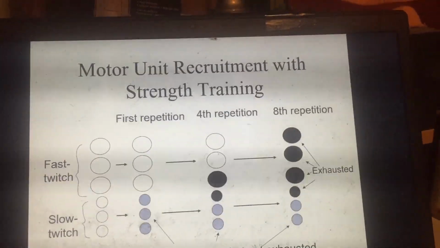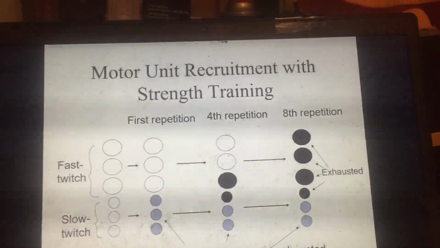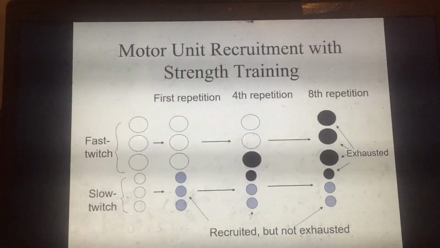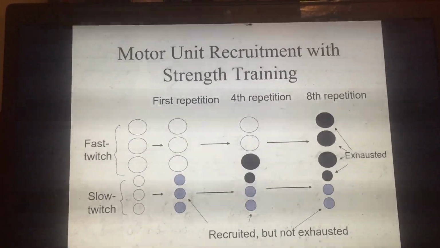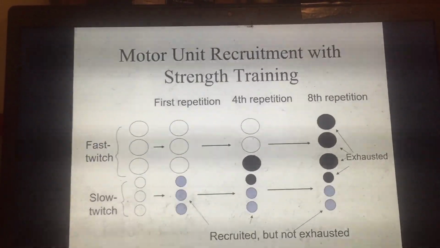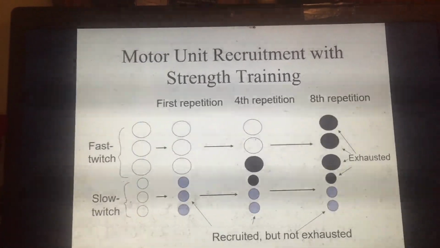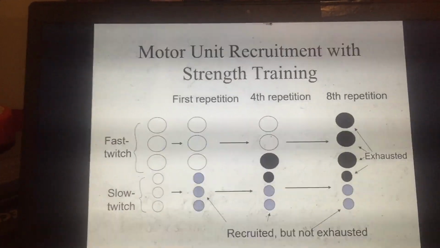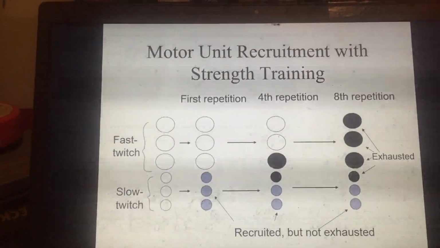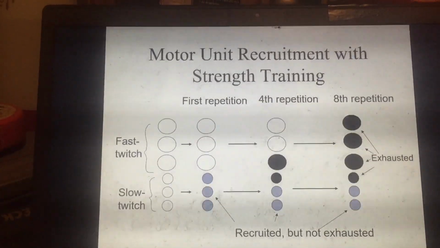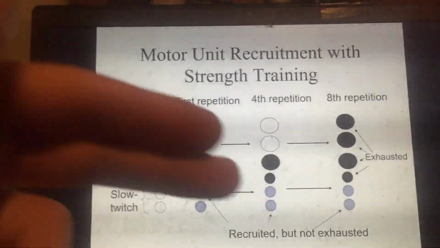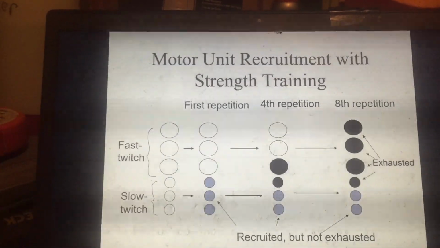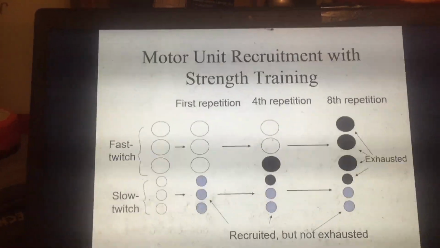So we're talking about these motor units here. And the answer here is that you can lower your resistance and then continue with another set of repetitions right away. And then keep lowering your resistance until you get to a really light weight and you've completely exhausted your muscle. So that type of strategy would help to recruit those slow twitch motor units and get optimal overload for all your motor units within your muscle.